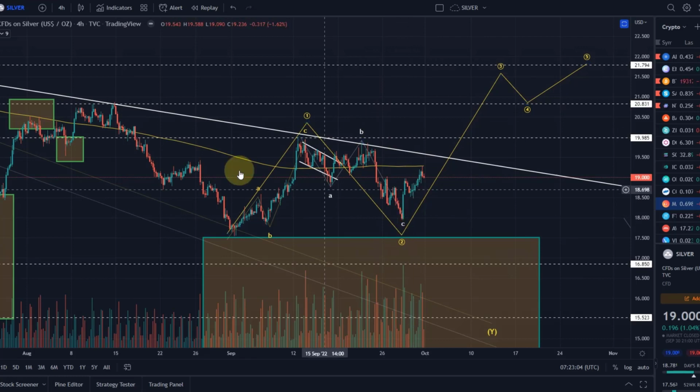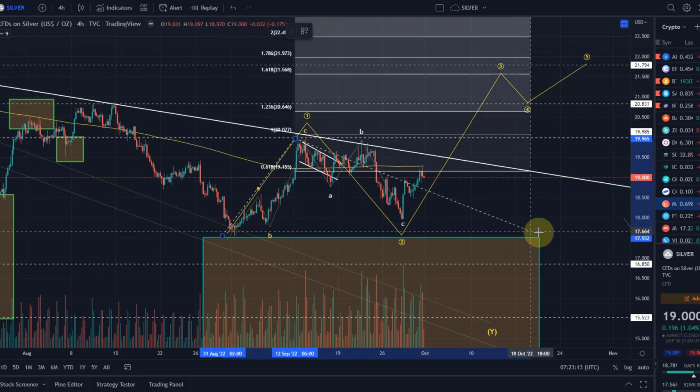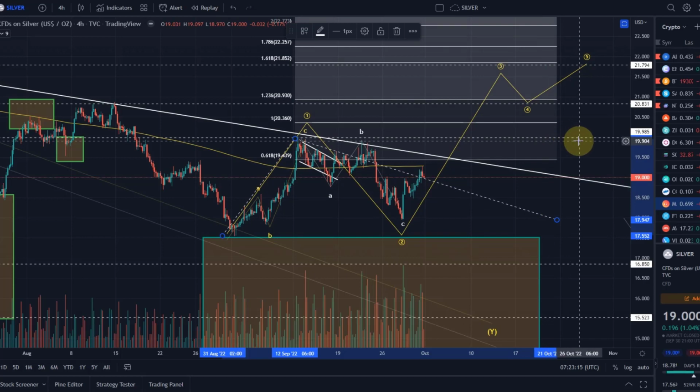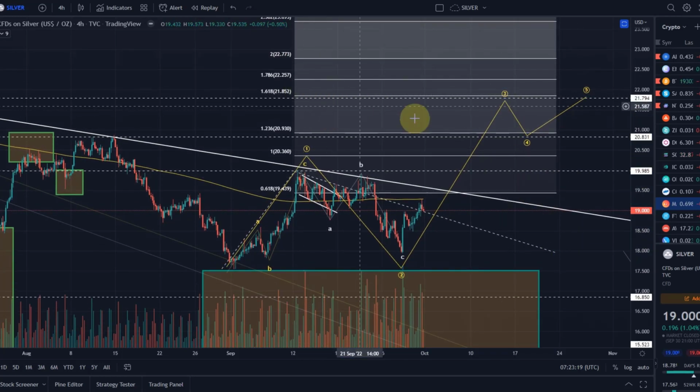Should this work out, I will give you now a target for that. Now I'm not convinced about it. I would give it a 35% probability, I'd say. Yeah, 35, not more. So we'd have to reach the $22 area, the $22 level, the 1.618 extension, maybe just below that, to give more confidence that this is a breakout here.